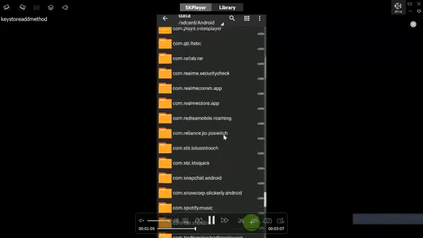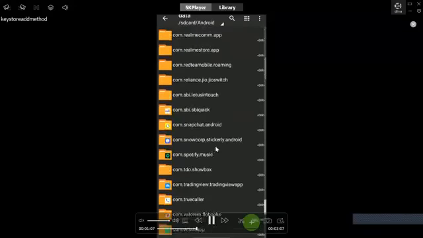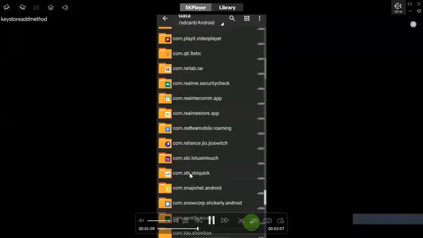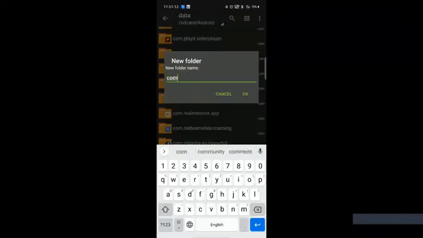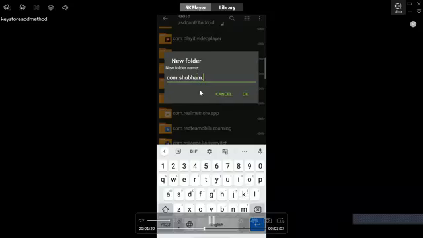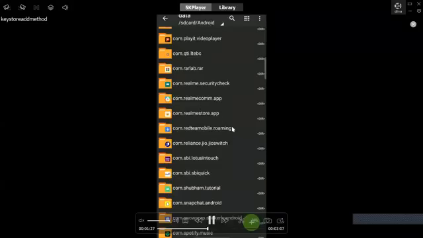By default there is no such folder here. You can see in here, in the Android directory. So what I will do, I will create a new folder. I'll give the name as com dot. It was this because I have created this package in my laptop. That is the reason my name is here. So I will just simply give this name.